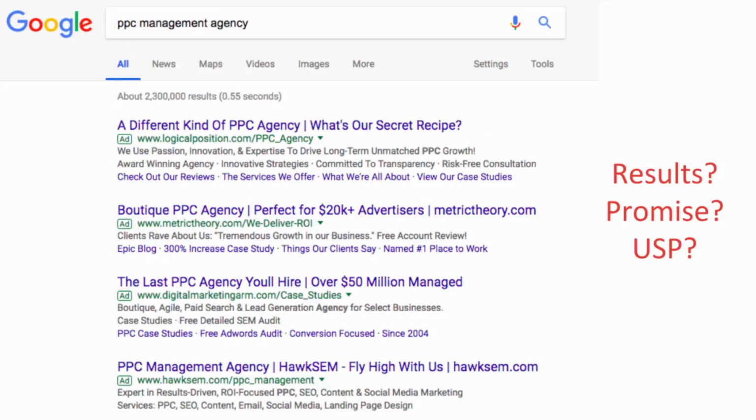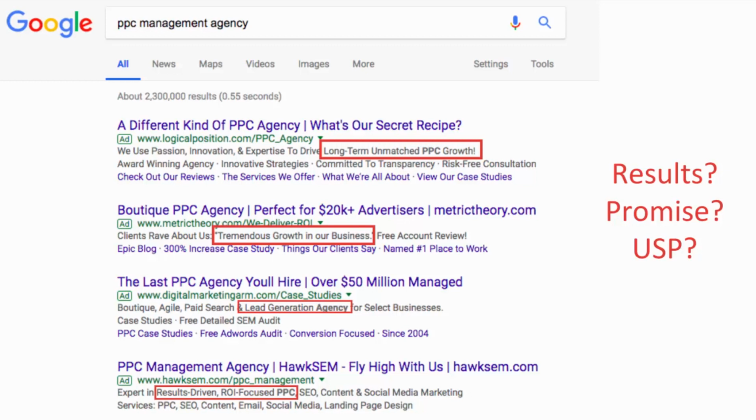So with this, we can go ahead and take a look at the results, and what we want to look for are what is being promised in the ad, what are the unique selling propositions of these competitors that are showing up, how are they trying to differentiate themselves, and what are they promising. So just as an example here, looking at these PPC management agencies, I see long-term unmatched PPC growth, tremendous growth in our business.